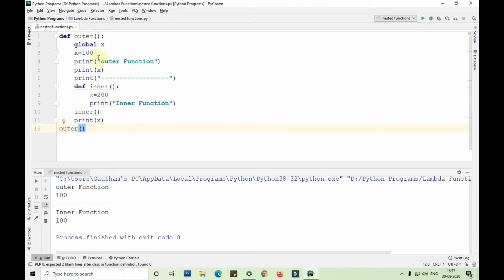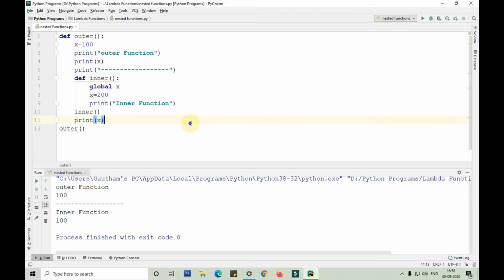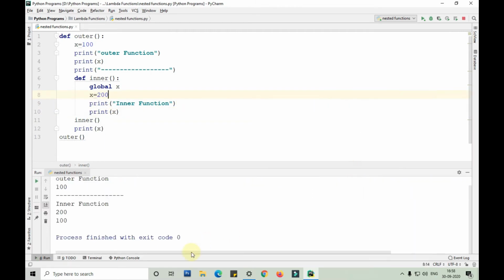Whereas if I try to define x as global in the inner function, we'll try seeing that once. So it's still not taking x as 200 here, but still taking 100 only. Okay, now if I try to print here, you can see the value of x will change.